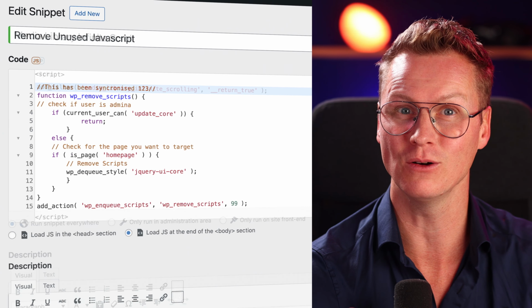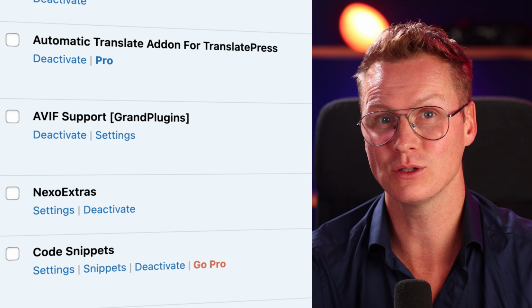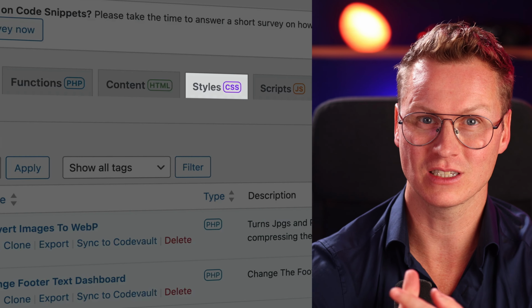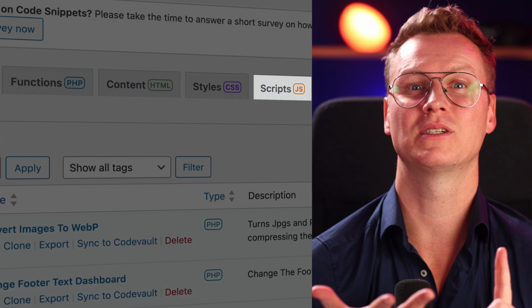Do you want to add more functionalities to your WordPress website but maintain the site speed? Then you've come to the right place. My name is Ferdy and in this tutorial I will talk about code snippets. Snippets of code that you can add to your website instead of using plugins that can make your website heavier. With code snippets you can add custom CSS, custom PHP, custom JavaScript and custom HTML to your website, and you can say goodbye to child themes.